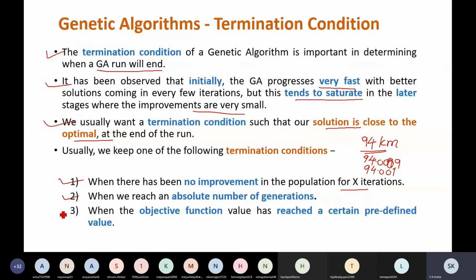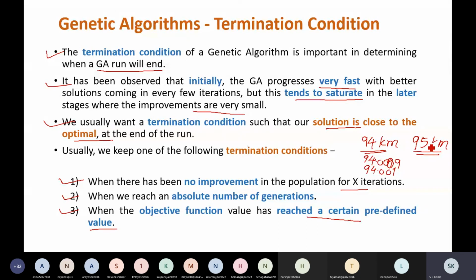Third possibility is when the objective function value has reached a certain predefined value. For example, if you are satisfied with a tour whose value is 95 kilometers, or less than 95.